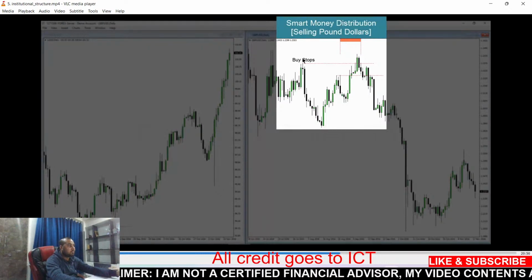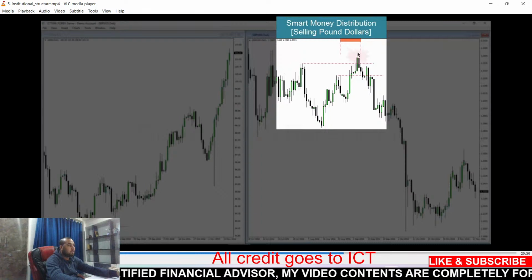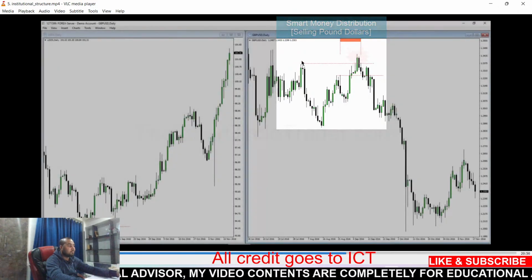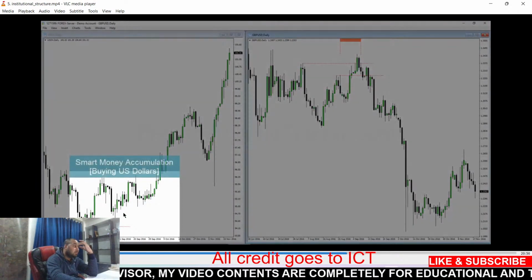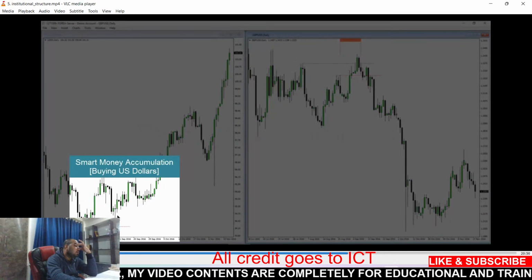Buy stops. Why would they want to take the market up to a buy stop? Because they want that buy stop to execute at the market, to buy at the market. They're going to sell their long positions they accumulated here and they accumulated here. They can sell their longs at a higher price to willing buyers up here. This is being distributed. It's being distributed at an old high while the accumulation is seen in strength because the